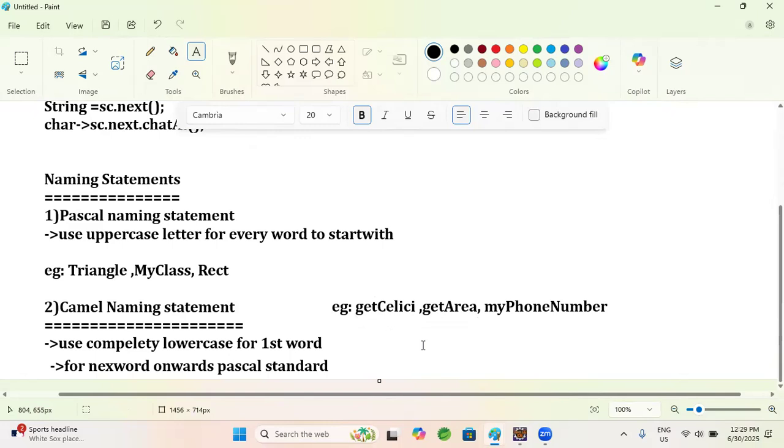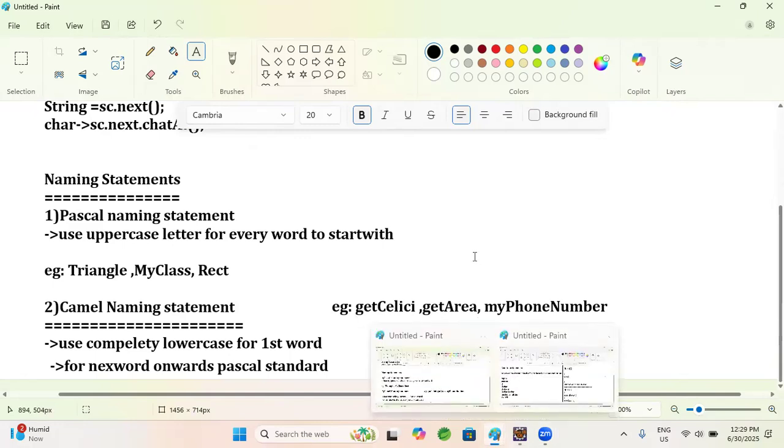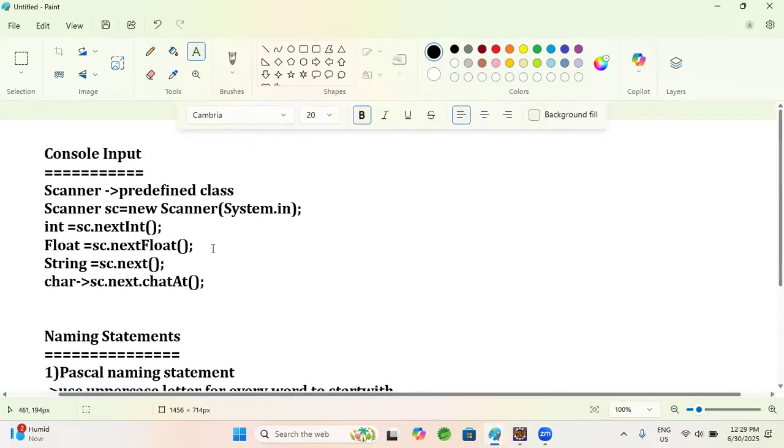Today I have started with the conditional statement. I've done some of them, and in tomorrow's class let us learn about nested and then switch case. And I explained how to get input on the console, and I explained the naming